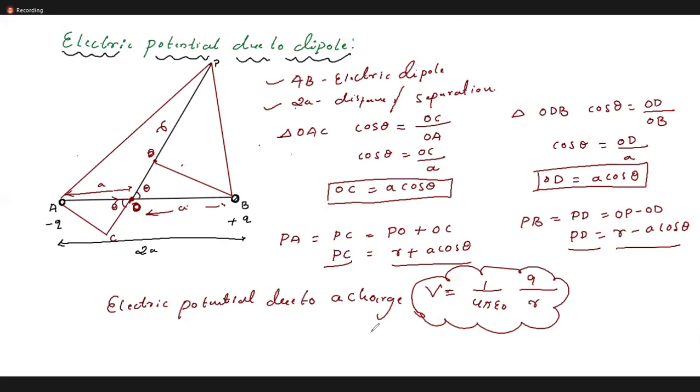Try to write the explanation here also. Electric potential due to a dipole. Consider an electric dipole of length 2a. At a point P, we are going to see what the electric potential due to the dipole is. From the diagram, first write the distance from O to P. The distance from O to P is r, O to B is a, and O to A is a. By looking at the diagram, you can explain. Then from the other triangle in the diagram.